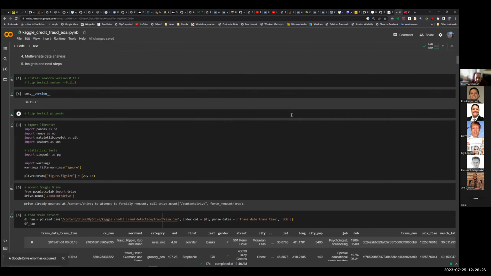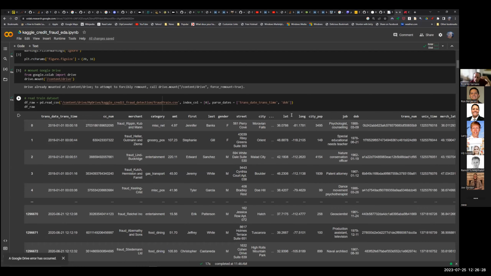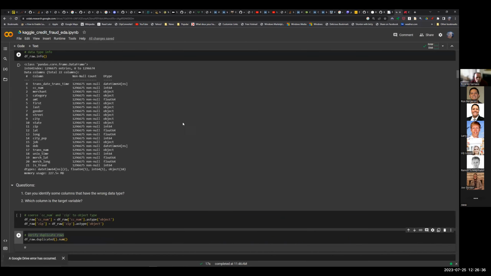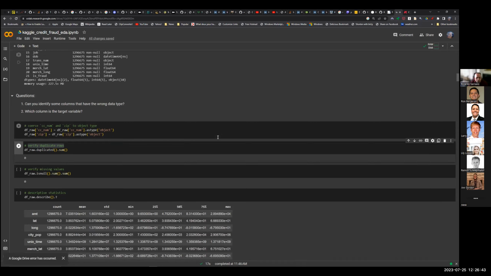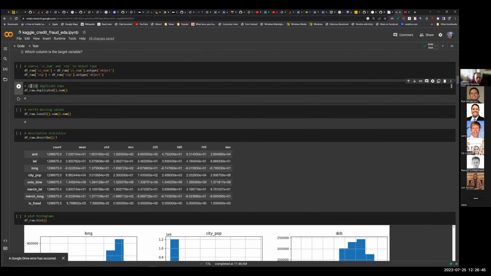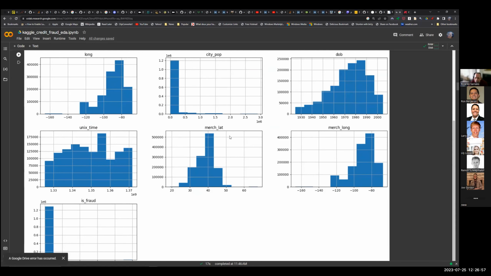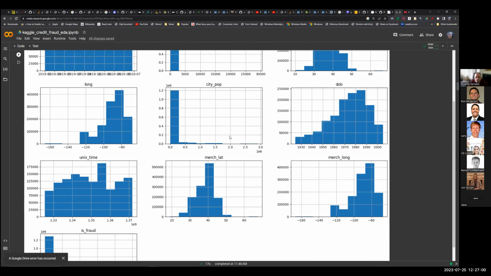So I'm going to do just a preview of what we have done. We already did the reading of the raw data. We know more about how many columns we have originally. There are 22. We don't have any duplicates. We verified the duplicate rows, right? We verified the missing values, no missing values, thank God. We did some descriptive statistics with the describe command. Also, we did some histograms to see more or less the shape of some of the features,